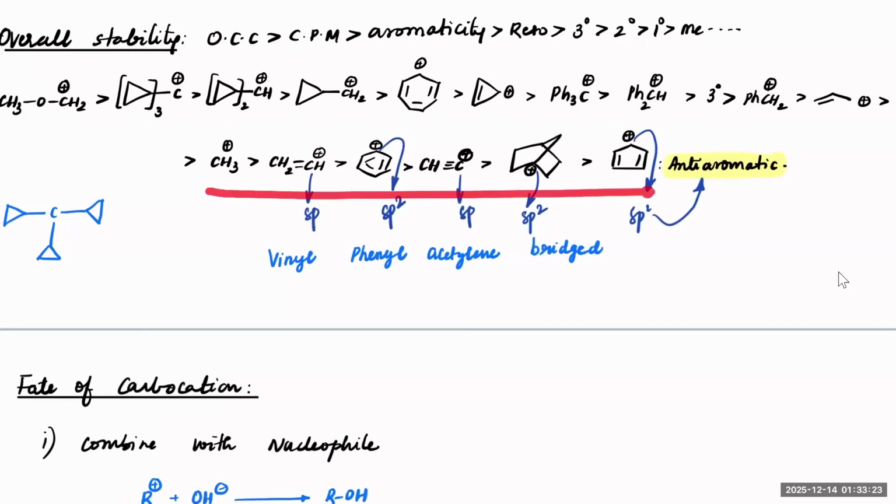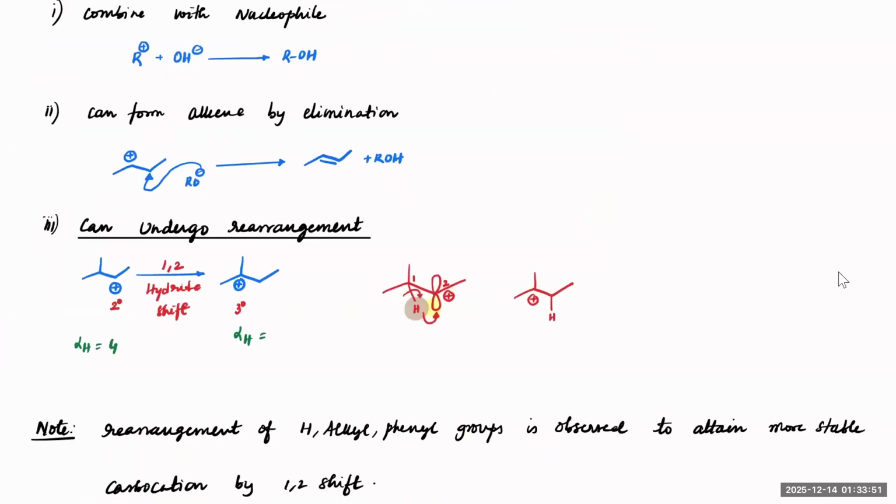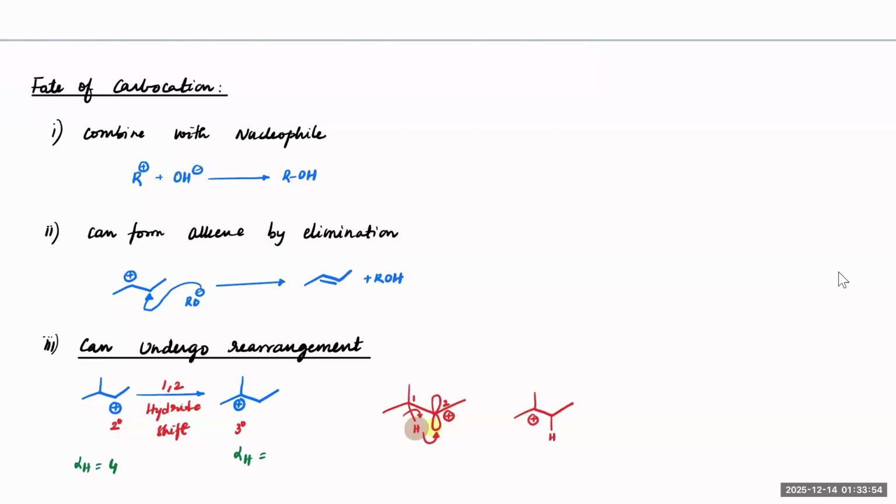And within the least stable ones, methyl carbocation is very unstable. Vinyl is even less stable than that. Phenyl carbocation is even less stable. Then we have acetylene carbocation, then the bridge carbocation, and finally anti-aromatic carbocation. These are also regarded as least stable forms. We learned that the fate of carbocation is to combine with a nucleophile and convert into a